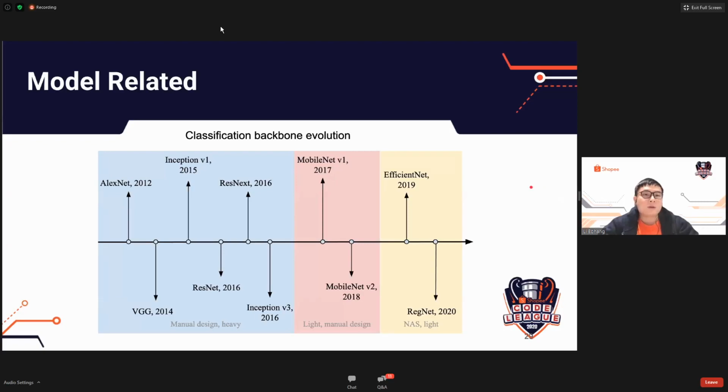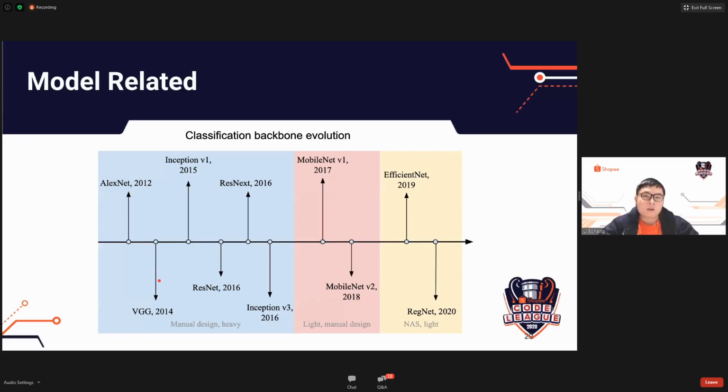So let's start from the classification model. We also call such classification models backbone models, since they are so important to other tasks. So basically, this round of deep learning started partially from AlexNet in 2012. It proved that deep learning CNN models can perform much better than the previous manually crafted era. From then on, a huge number of